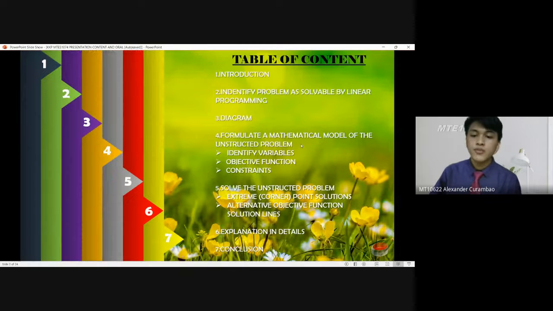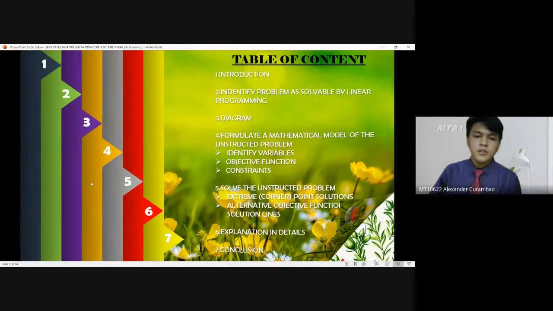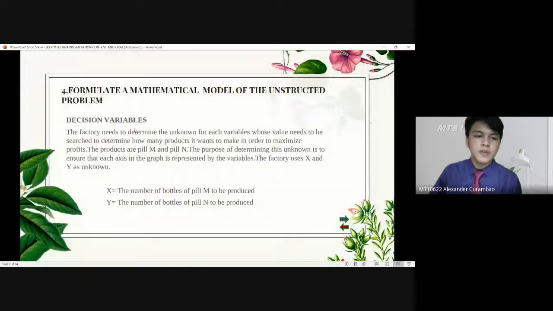Mathematical model, they have three things here. As we can see: identify variable, objective function, and constant. Let's move on. The fourth one. Okay, decision variable. The factory needs to determine the unknown for each variable whose value needs to be searched to